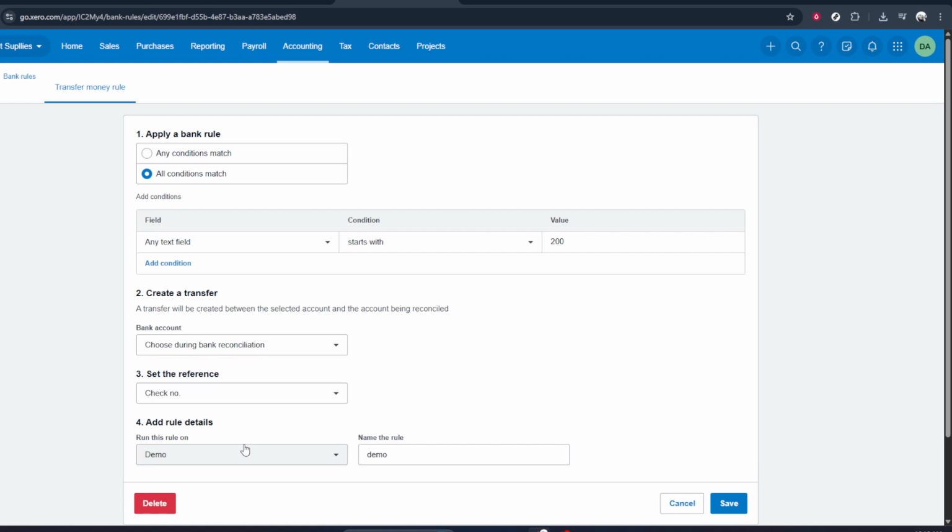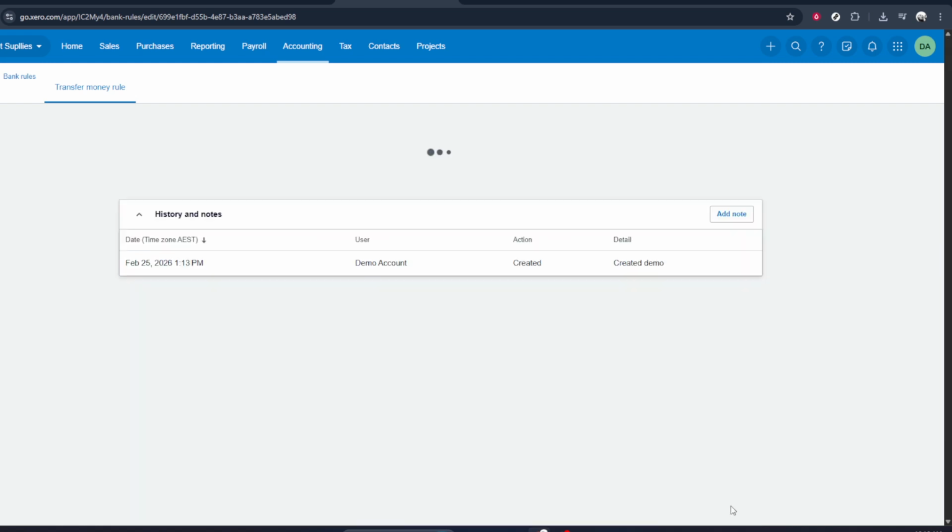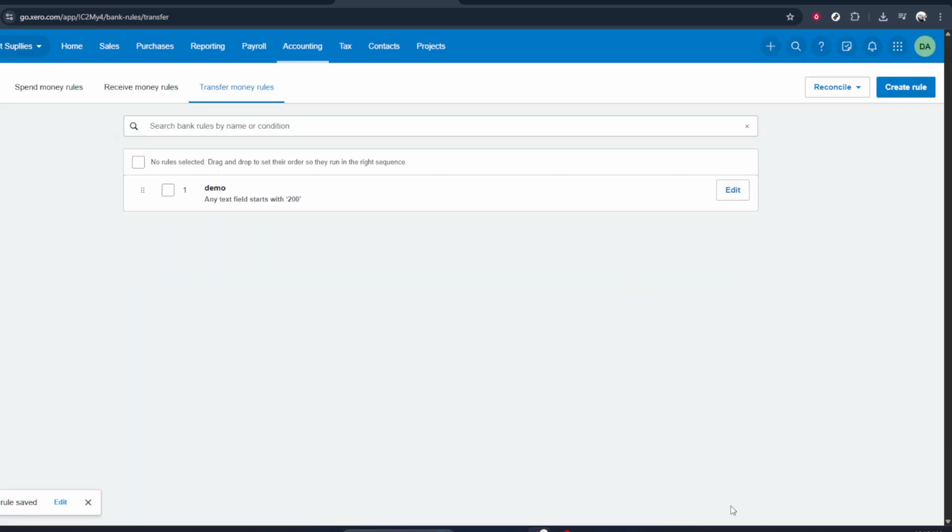When you're satisfied, scroll down and click Save to confirm your updates. Your edited bank rule will now be active and will be used the next time you reconcile